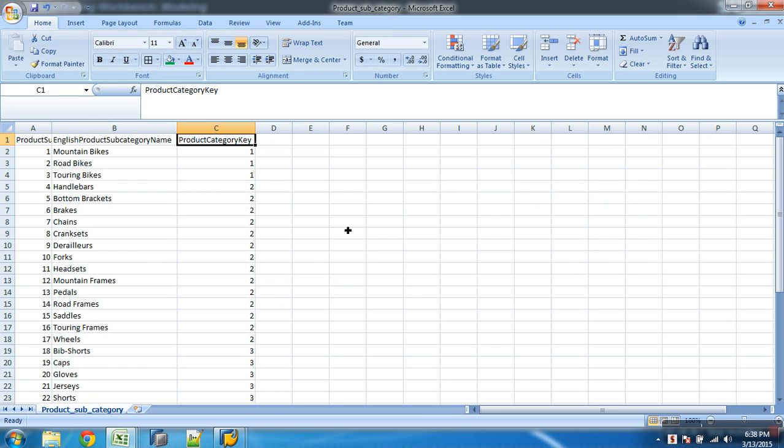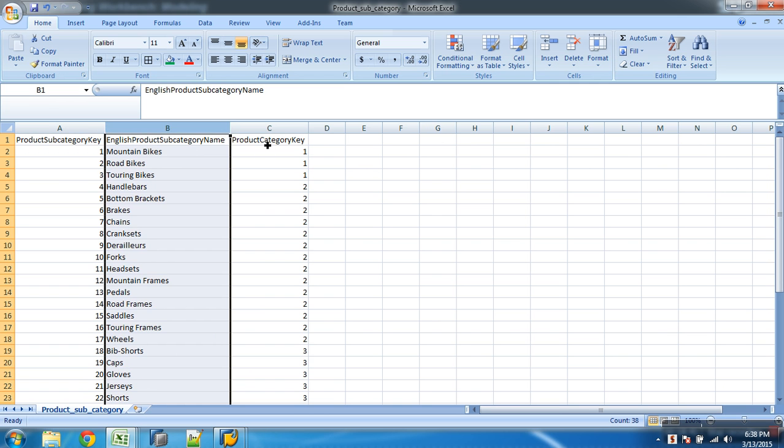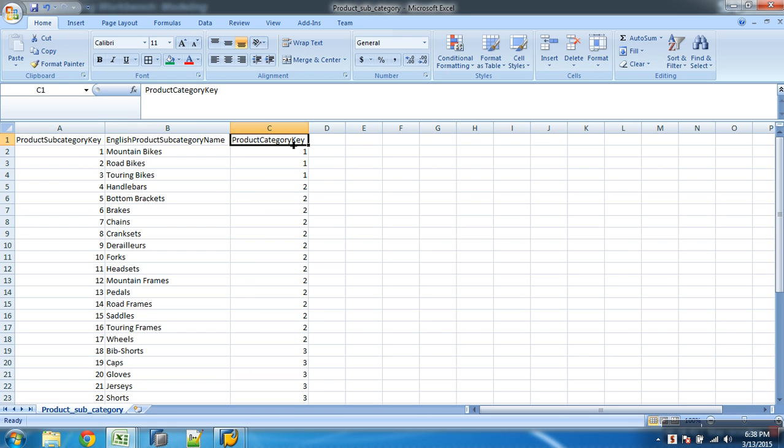Is it possible to incorporate hierarchy like for this? Okay, now this column, English product name. I got a file with the product subcategory key, and I've got a description. I want to send this description to a text table, and this subcategory belongs to which product category, that will be an attribute.